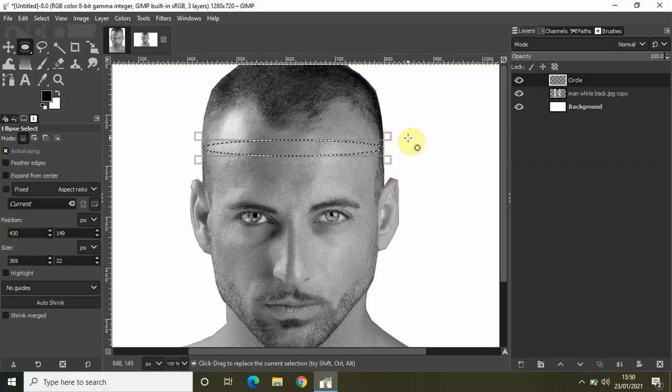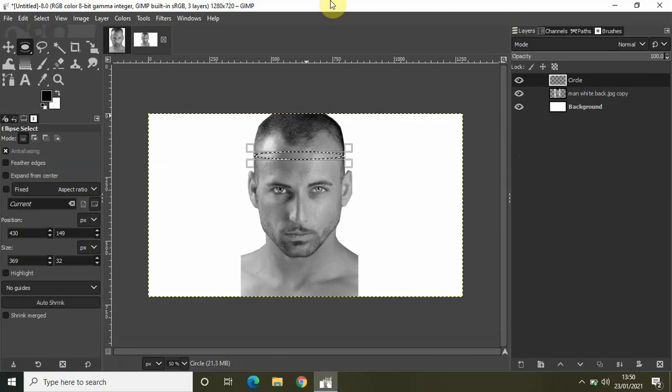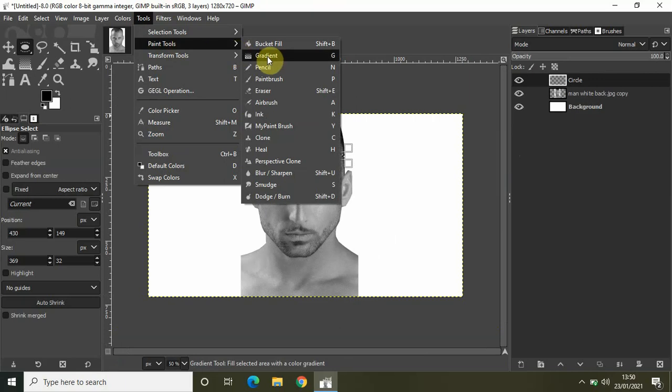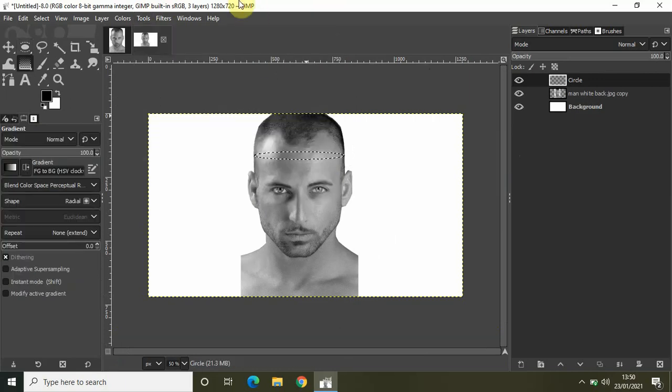So now the next thing which you need to do is fill some color inside this ellipse selection. So I will be making use of the gradient tool for that purpose. So let's zoom out a little bit, and now go to Tools, go to Paint Tools and select Gradient, and we need to make a couple of changes right here.